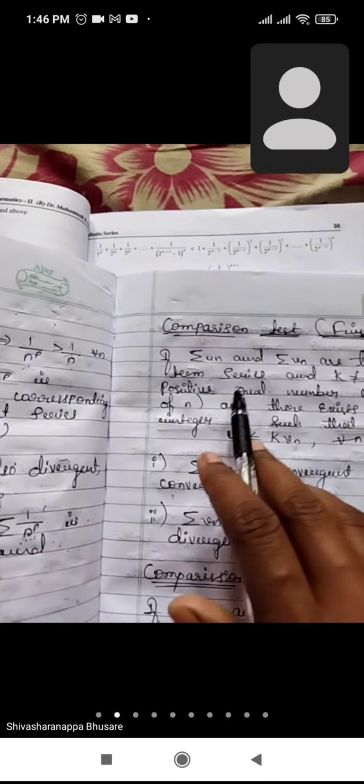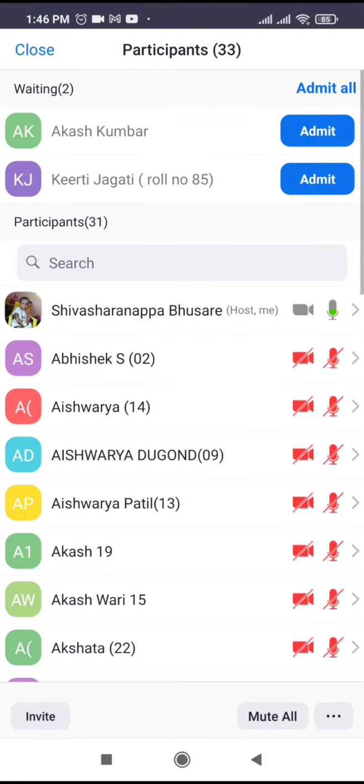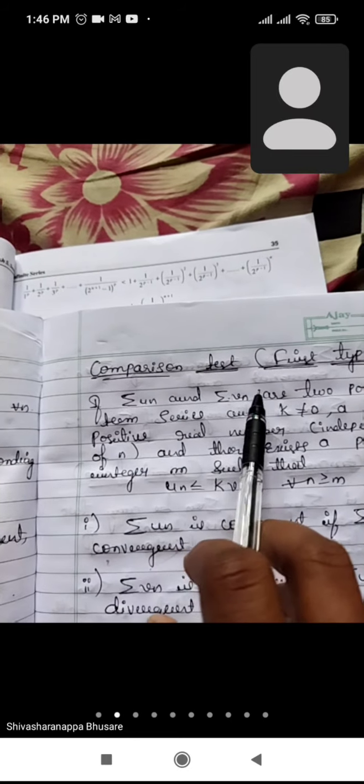The first type is nothing but when un is less than or equal to some constant multiplied with vn. See here, un and vn are two positive series, two infinite series of positive terms. Both are positive series. Consider two infinite positive series un and vn,